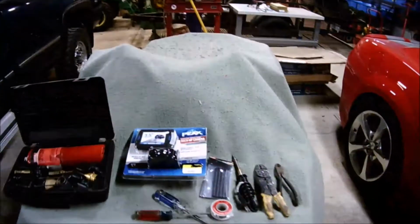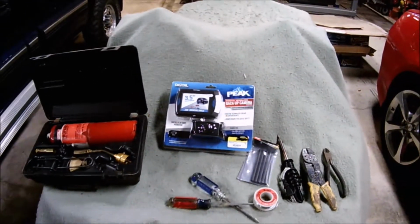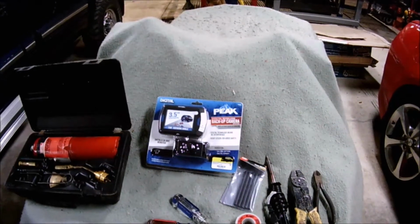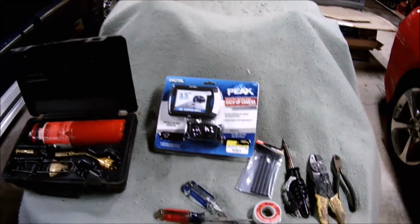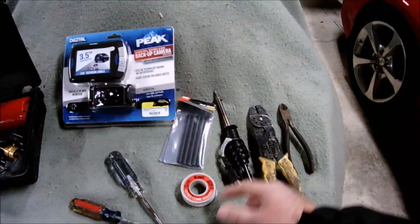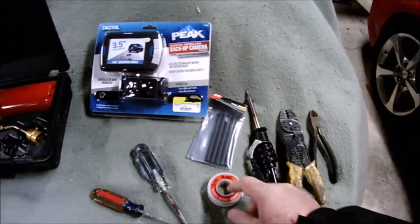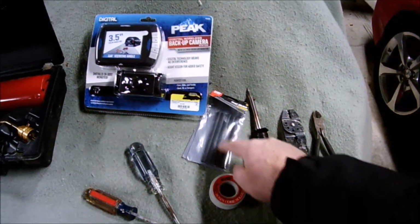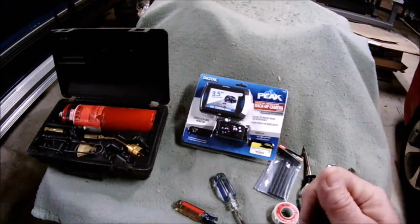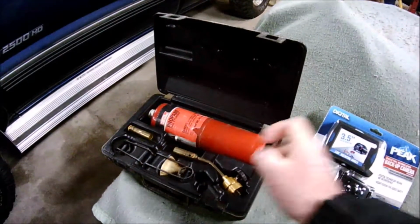taking this Peak backup camera kit I got at the local farm family hardware type store, and I'm going to install it in the truck. And of course we're going to be using the basic hand tools, you know, the screwdrivers, the wire cutters, strippers. We're going to be using a soldering iron with some silver solder and some shrink tubing, and then of course to shrink the tubing, yes, I could use a Bic lighter, but why do something that Mickey Mouse and simple? Let's use the propane torch